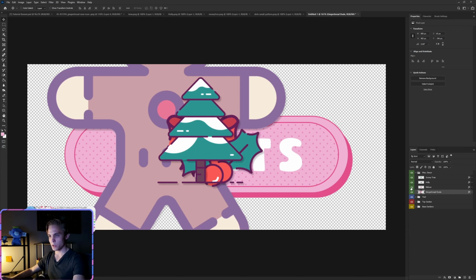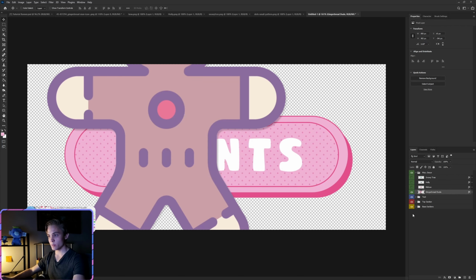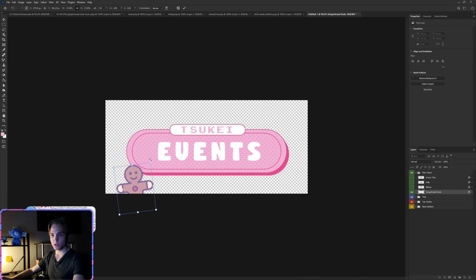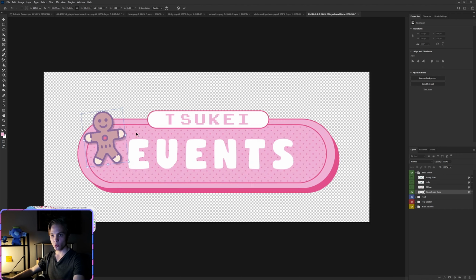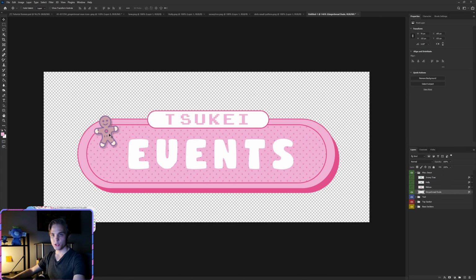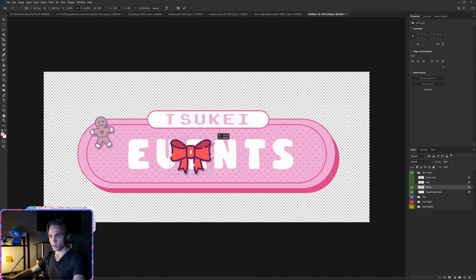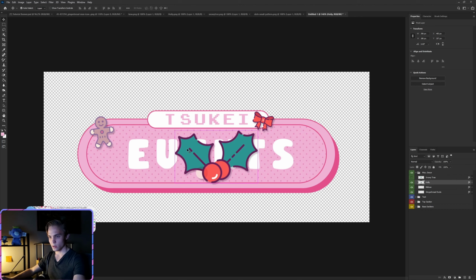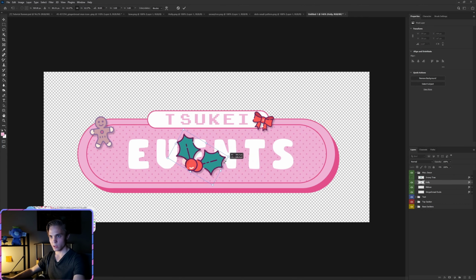And all I did was I'm holding down the left mouse button and I'm dragging up to quickly hide all of those. Now Control T. We'll put the gingerbread dude in this corner over here. Let's adjust him down to fit a bit better. There's gingerbread. Now we'll take the ribbon and we'll put the ribbon right around there. Let's take the holly and we'll put this right around